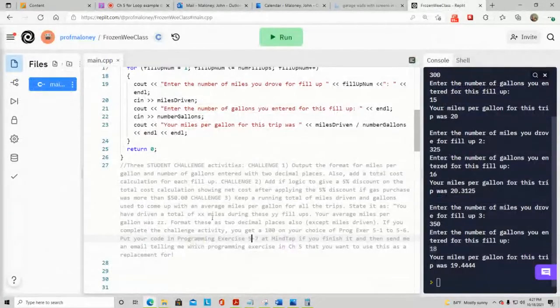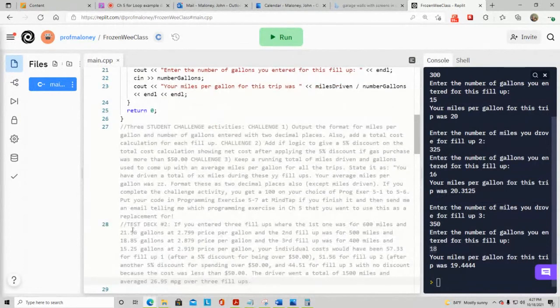Okay, so back over here, and here is the challenge test deck. Here is test deck 2. If you entered 3 fill-ups, where the first one was for 600 miles and 21.56 gallons at 2.799 price per gallon, the second fill-up was for 500 miles and 18.85 gallons at 2.879 price per gallon, and the third fill-up was for 400 miles and 15.25 gallons at 2.919 price per gallon, your individual costs would have been